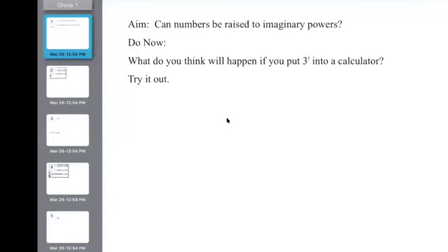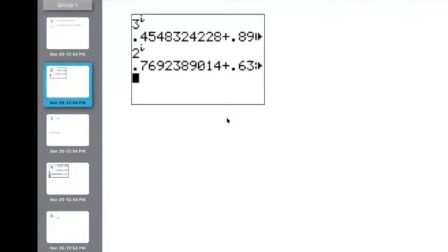So if you try another number, here we have 3 to the i is apparently approximately 0.45 plus 0.9i. And 2 to the i power is a different number, 0.77 plus 0.63i. So that's kind of interesting. Now, what these numbers actually are, and how you could calculate them even if you didn't have this kind of calculator, what the rule is for raising a number to an imaginary power, rather than,